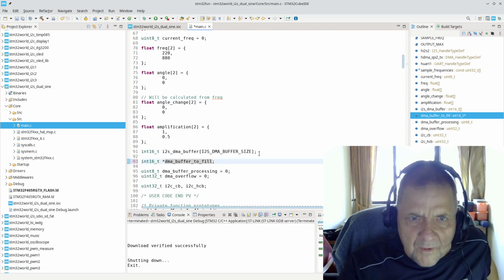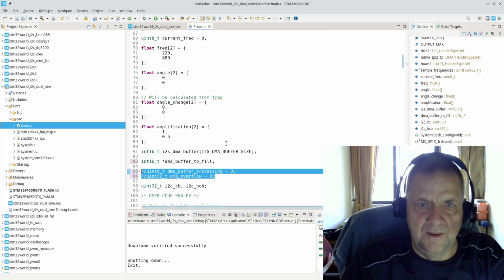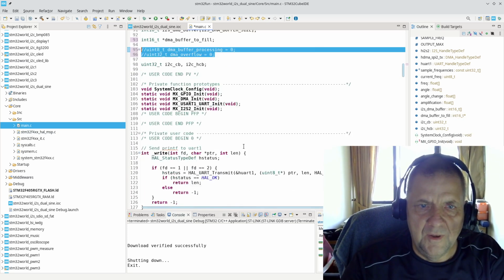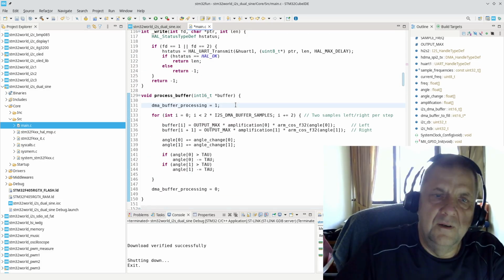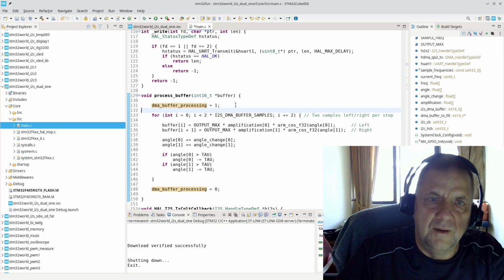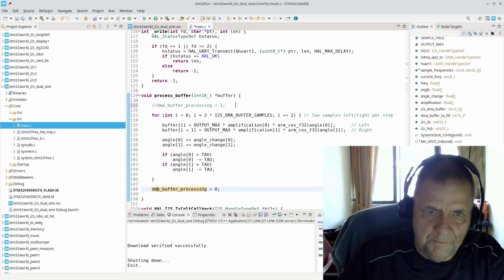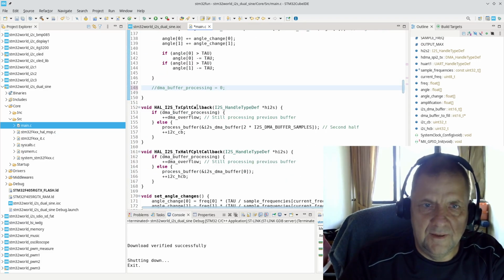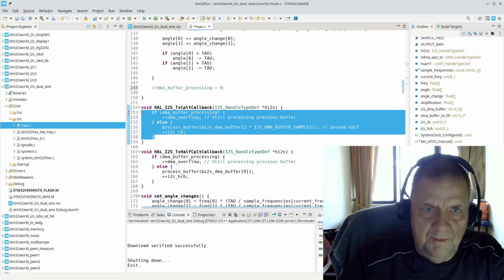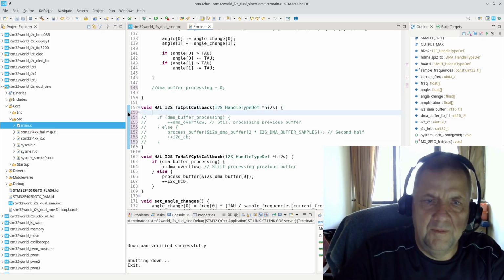So what I will also do is delete these two, because they're not really needed if I do it in the main loop. So down here in our process buffer, I'll comment it out instead. I'll comment this out, and then this main bit, let's comment that out, and instead we will say